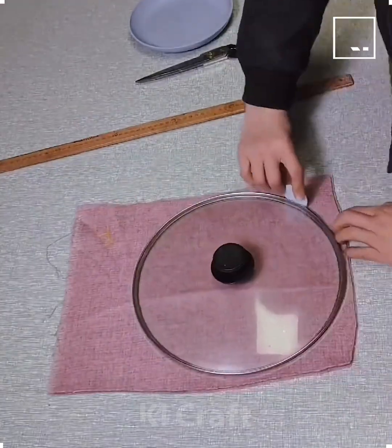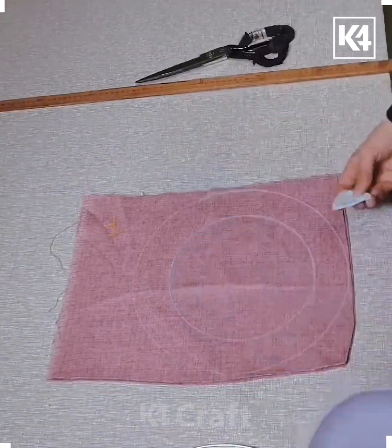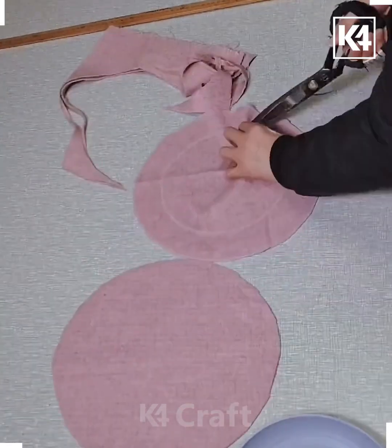Everyone, start off by taking a cloth, then take the top of a pan and chalk it out using the same. Take another small circular bowl and then cut out the cloth in the shapes that you have created. After cutting out the circular shape, take the second layer of the cloth and then cut out the smaller circular